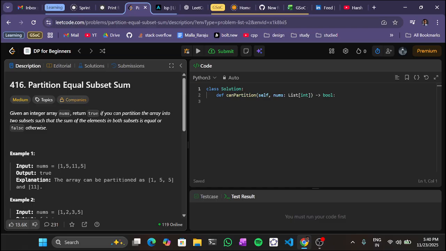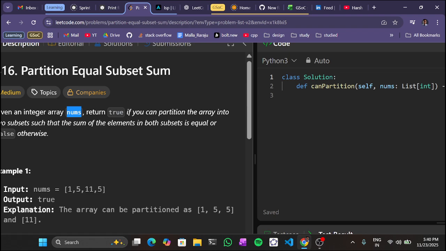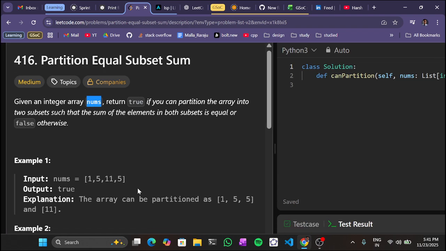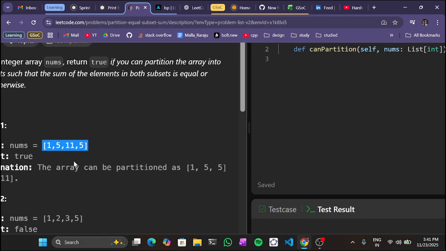LeetCode medium level problem 416, Partition Equal Subset Sum. Let's see what we have to do. We have an integer array nums and we have to return true if we can partition the array into two subsets such that the sum of the elements in both subsets is equal, or false otherwise. Okay. So for example, if we take